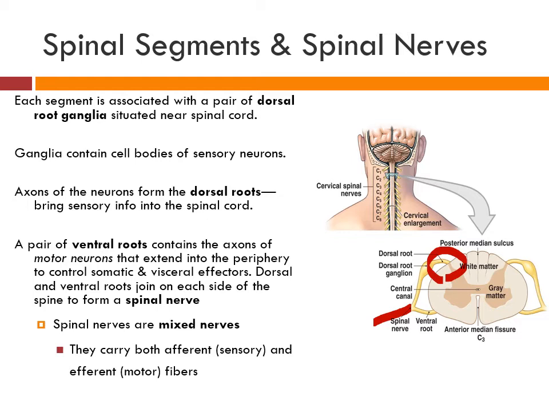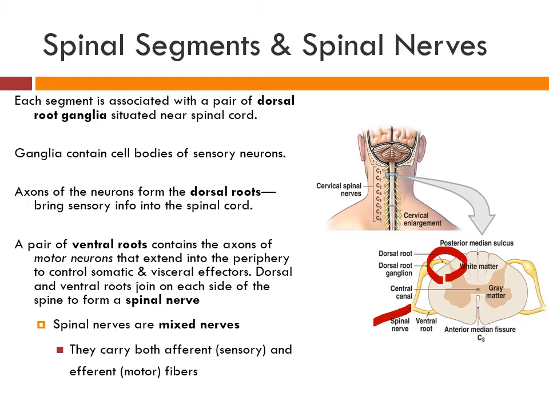And the spinal nerve is going to form in the intervertebral foramen. So once the spinal nerve forms from the dorsal root and the ventral root, there are two roots that leave the spinal cord. One of them is on the posterior side, the dorsal root, and one of them is on the anterior side,